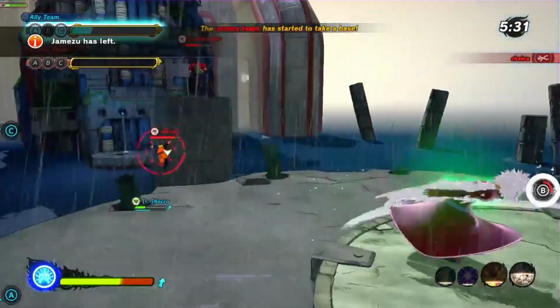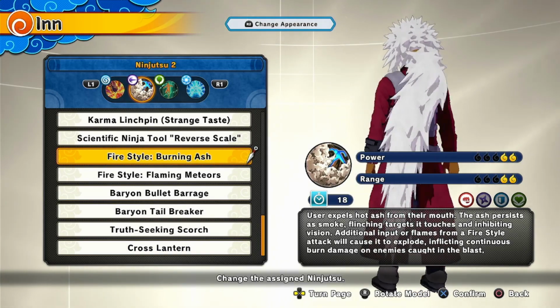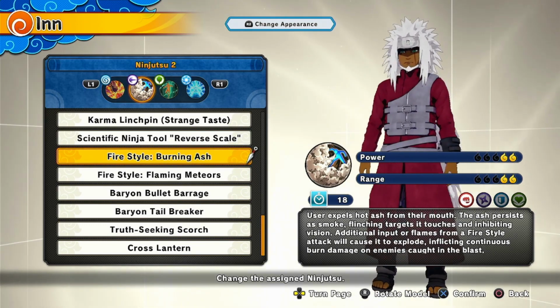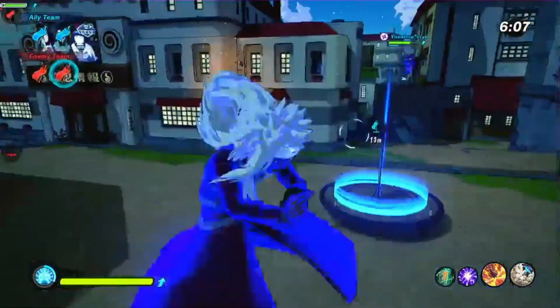This one has a 2 in power and 2 in range. It's an 18-second cooldown. It says user expels hot ash from their mouth. The ash persists as smoke, flinching targets it touches and inhibiting vision. Additional input or flame from a fire style attack will cause it to explode, inflicting continuous burn damage on enemies